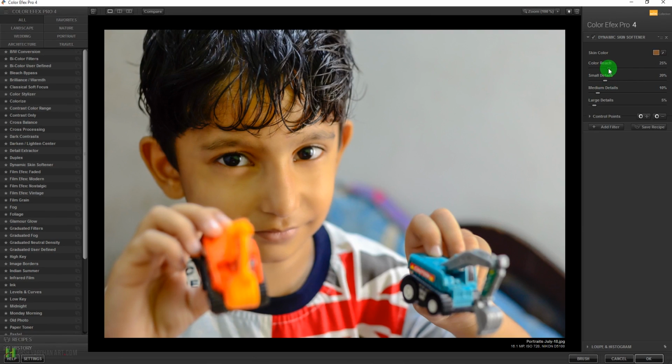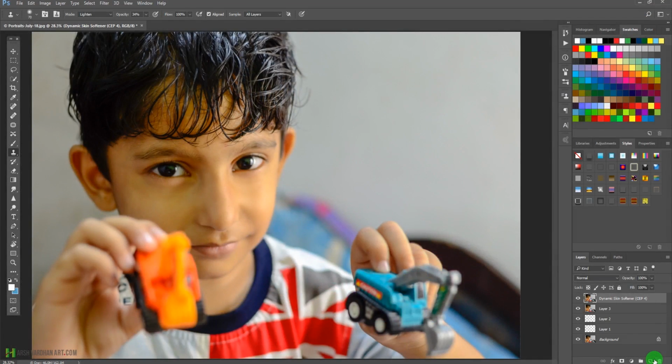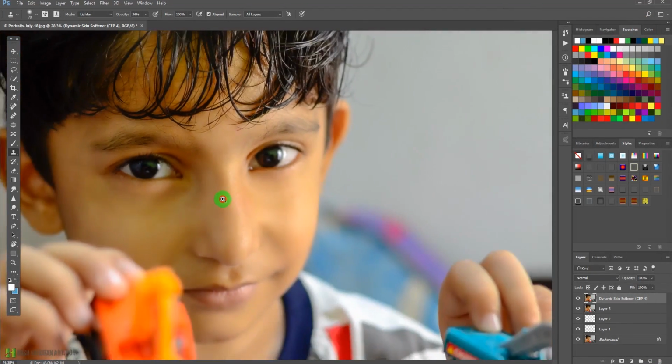And I can adjust these sliders to get the result I want. So I can bring down the color reach, I can bring down some small details and medium details. I can adjust them whether I want them or I want to remove them completely. And by pressing this compare button, I can see the result by turning it on and off. You can see how smooth the skin has become after I applied this dynamic skin softener filter. And once I'm happy with the result, press OK. Okay, now we have got this result, and